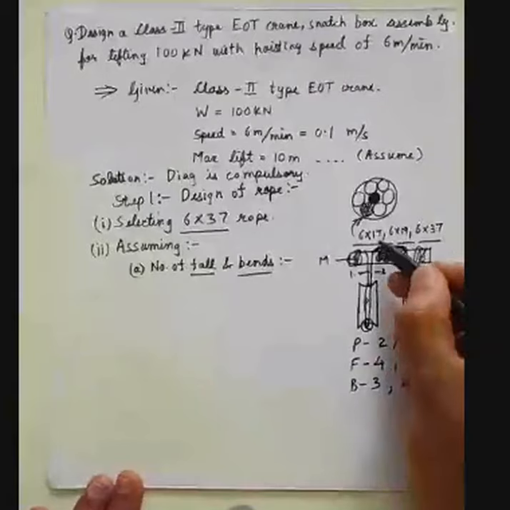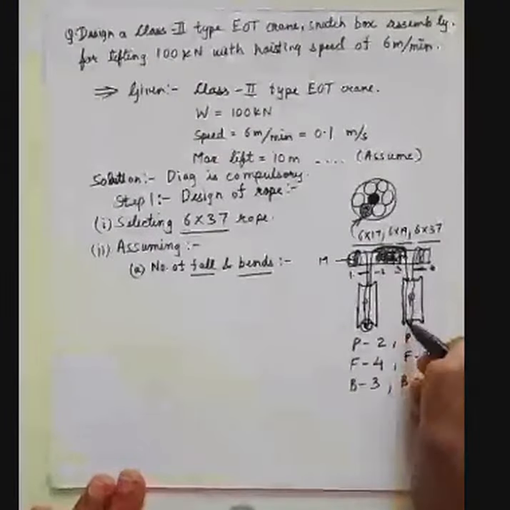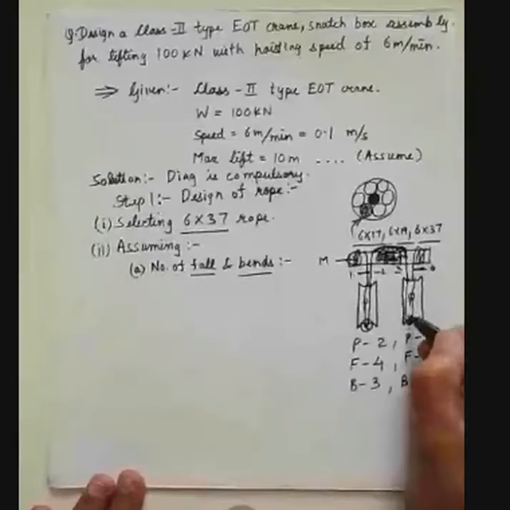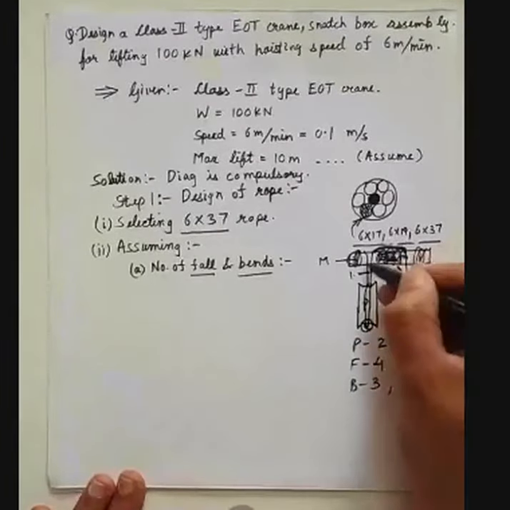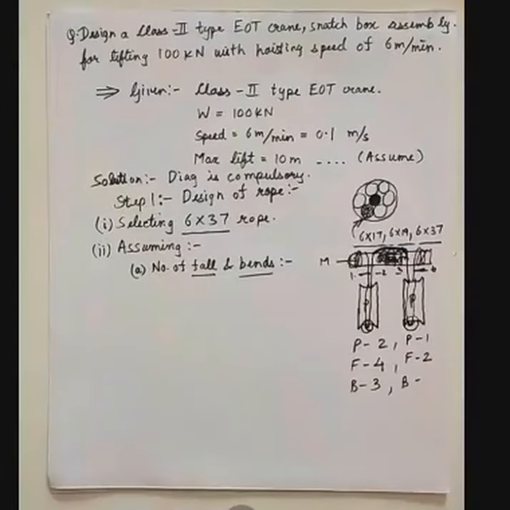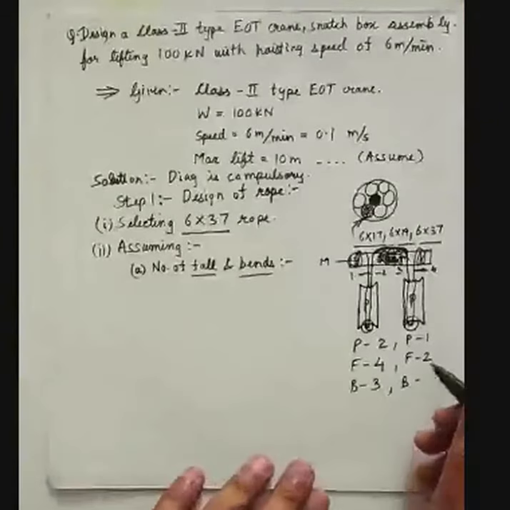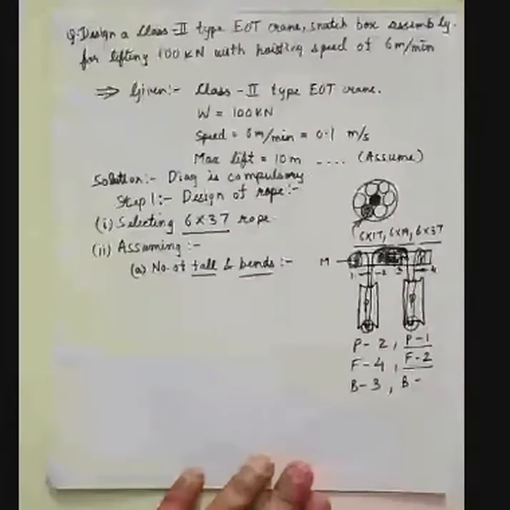Then it will bend on the drum. On the drum it has to rotate again, and then rotate back from the pulley and go up. So this is 1, this is 2, and this lower one is 3. So 2 on the pulleys, 1 on the drum. So there are 3 bends for a 2 pulley system. Getting the point? Yes. Clear? It is clear to everyone? So you tell me, if your pulley is 1, fall is 2, how many bends will there be?